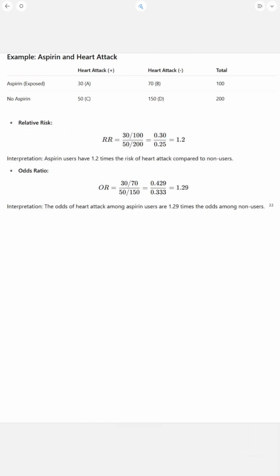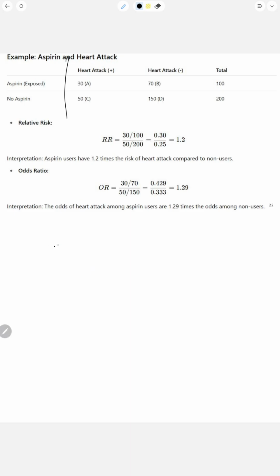Fine, so here we're given a 2x2 table already, and our outcome up here is heart attack, right? And our exposure, our risk is aspirin. Fine, so we don't know whether this question is asking us to calculate the relative risk or odds ratio. Say the question was asking us,